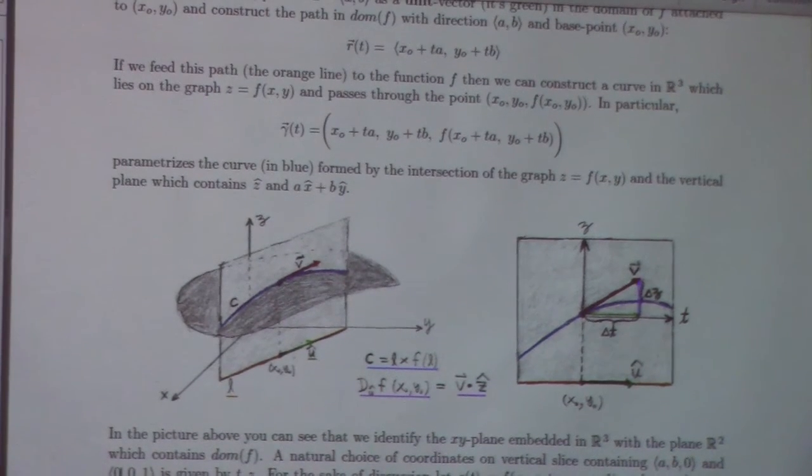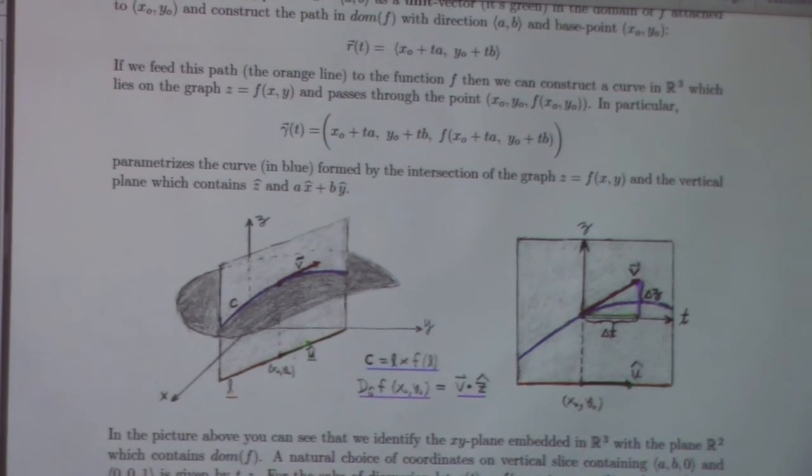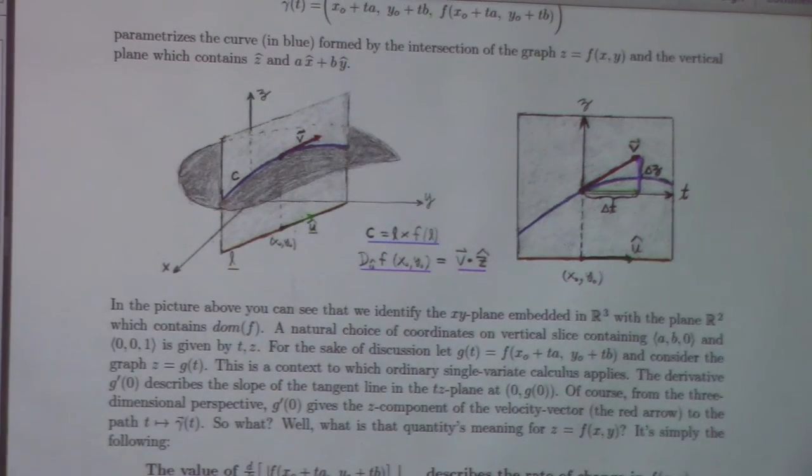Now you can talk about the rate of change of the function not just in one direction, but in all possible directions, because as you're looking at a three-dimensional graph, you can sweep around all those different directions, 360 degrees. So let me define it now that I've hopefully motivated the general idea. To be precise,